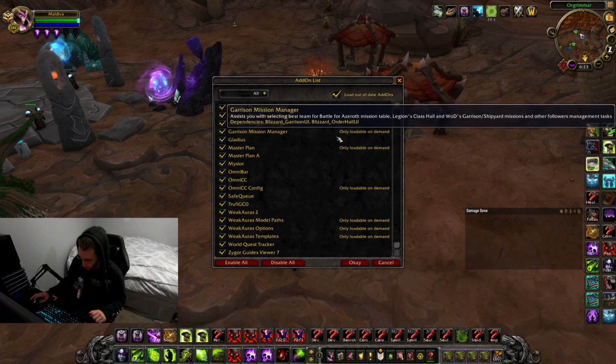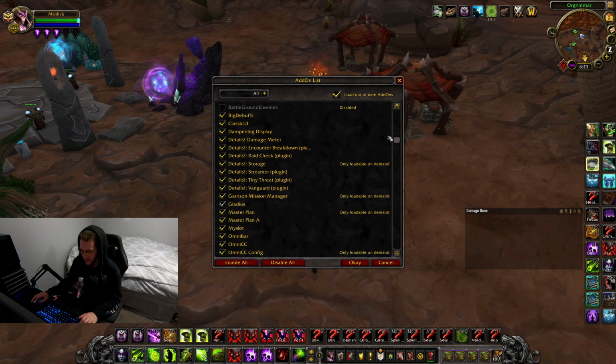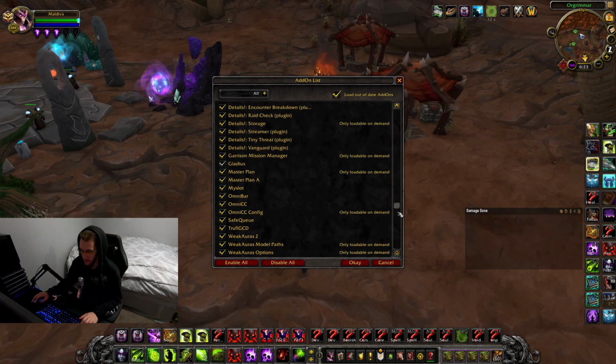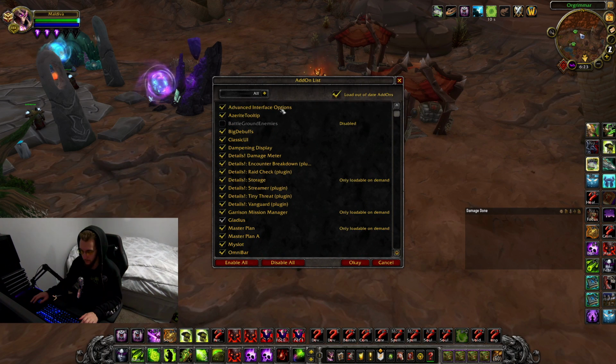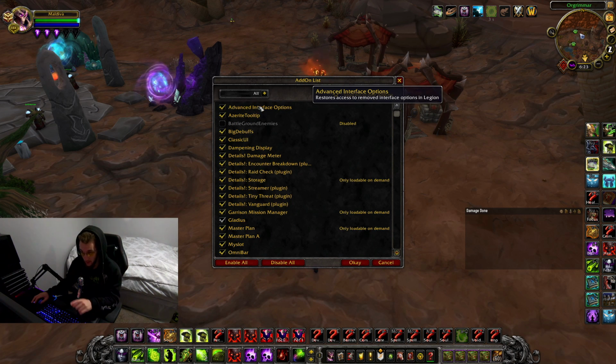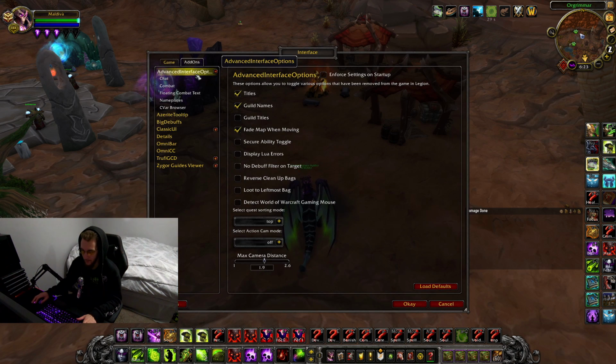So this is a list of all my add-ons. If you guys want to look quickly at everything that I currently have on my computer. So the first we're going to go over is advanced interface options. So this add-on specifically is good for everything, because Blizzard, they pruned a lot of the interface settings from the